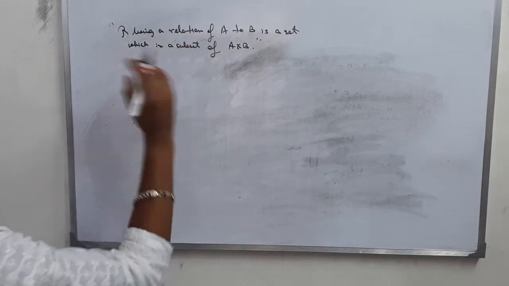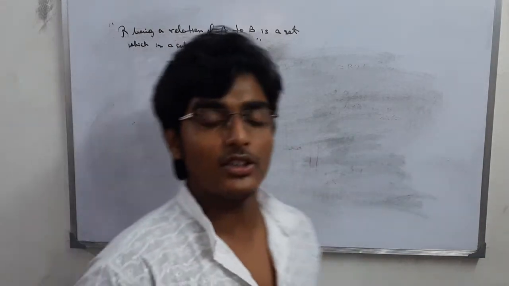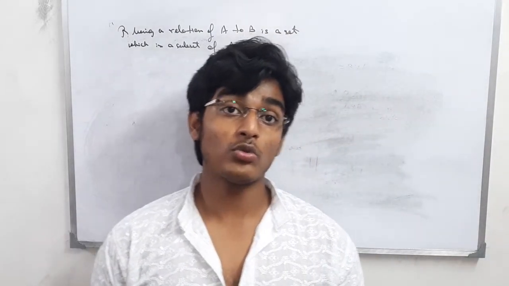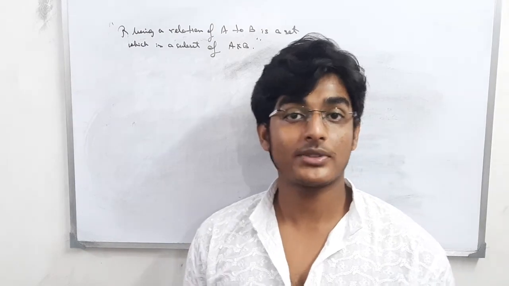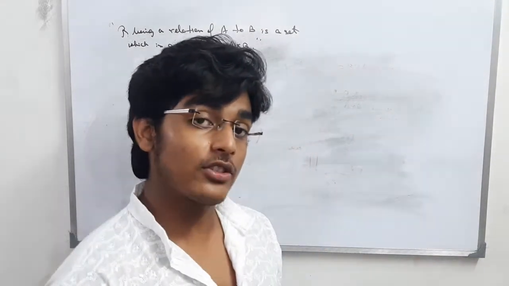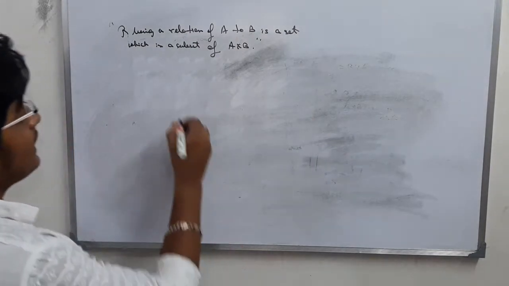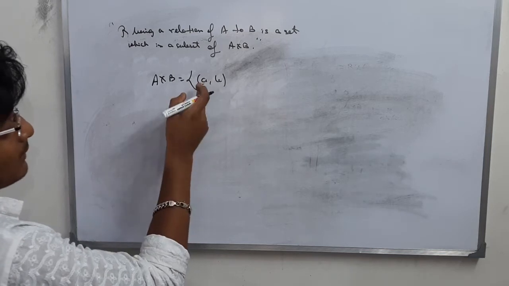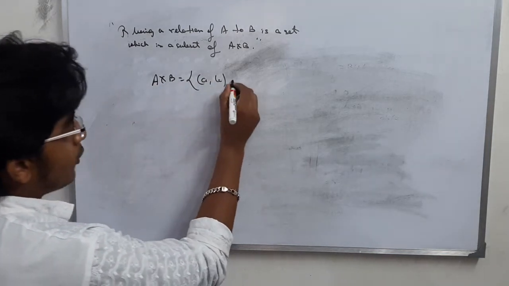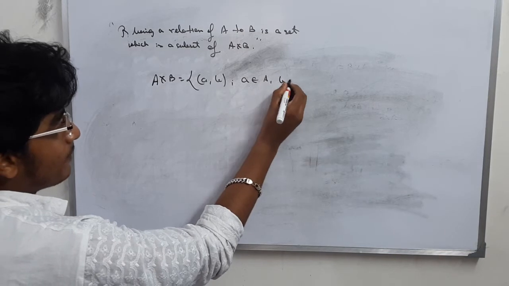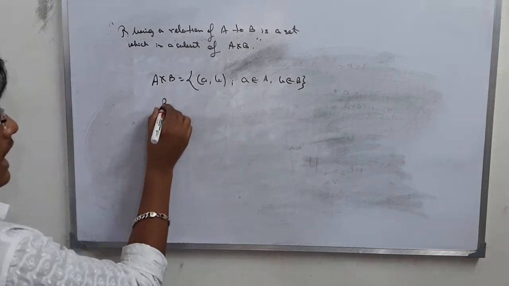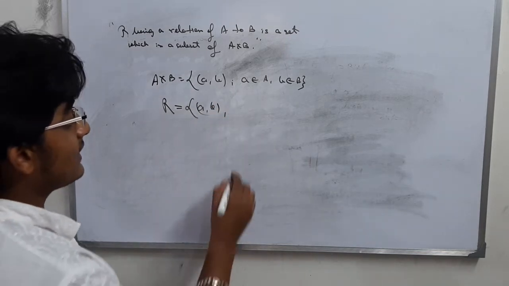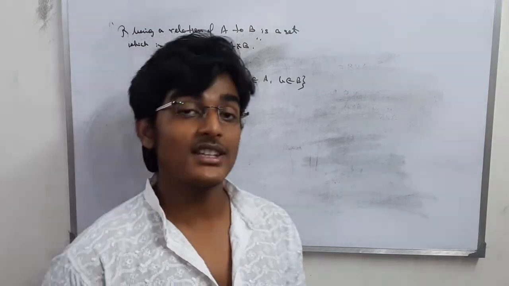Now, what do we basically mean by relation? A certain sort of glimpse of relation I had already shown in my previous lecture, where I taught you the graphical solution, how to solve problems graphically, right? So that is actually the main meaning behind relations. Like you know that in A cross B the set consists of all ordered pairs of elements from first set and elements of second set, right? Now R will also contain ordered pairs (a, b), but here is a certain change of notion. What is the change in notion?